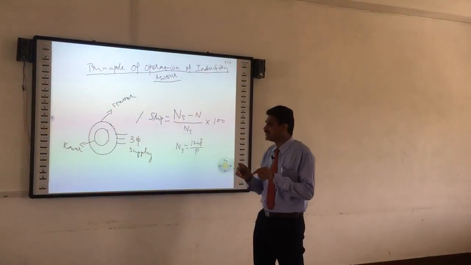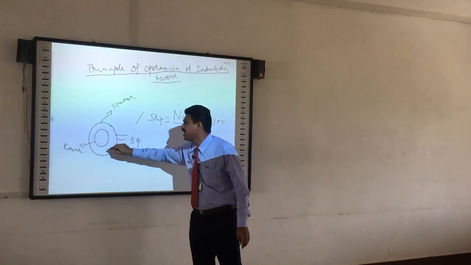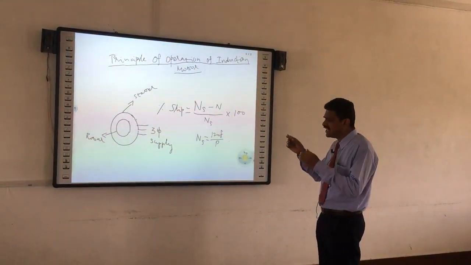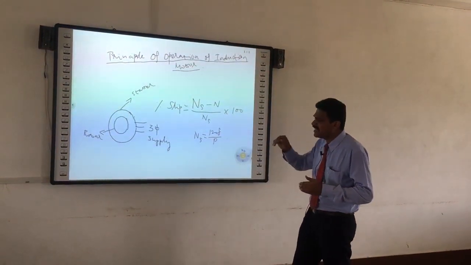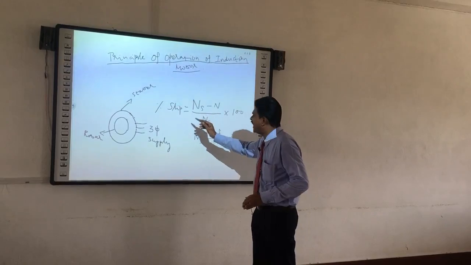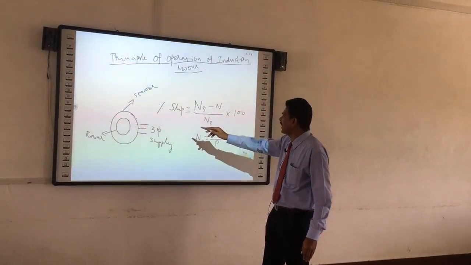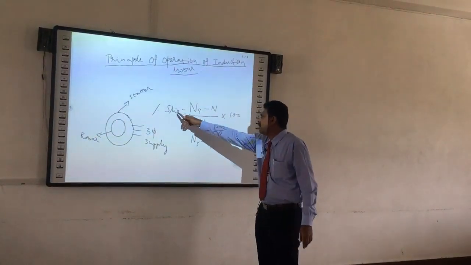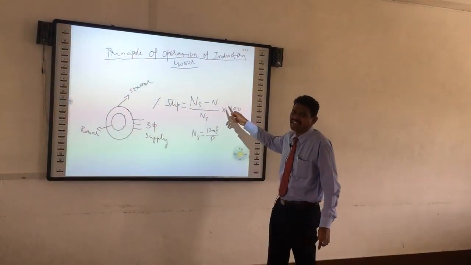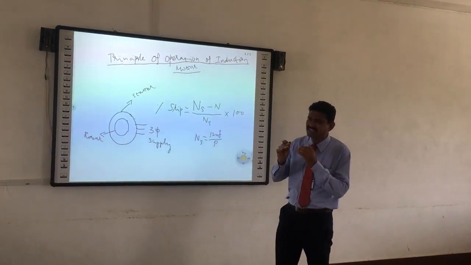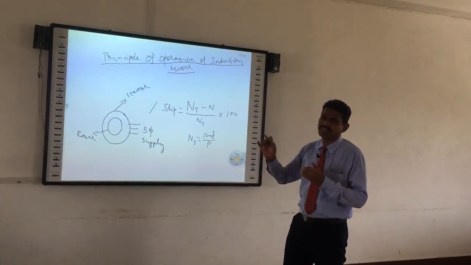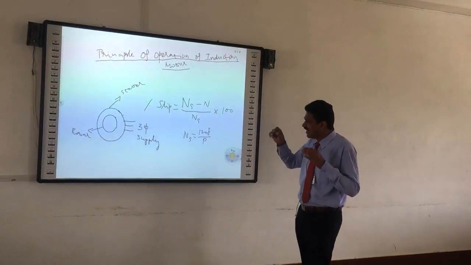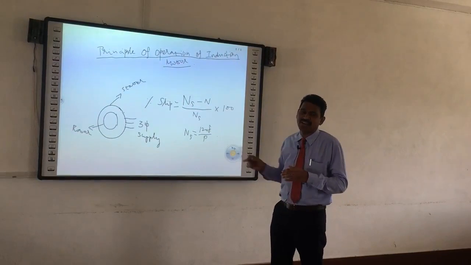So how does this current oppose? The rotor starts to rotate in the same direction as the rotating magnetic field. The rotor continuously rotates and tries to catch the rotating magnetic field, but it is not able to catch it. The speed difference between the synchronous speed, that is the rotating magnetic field, and the actual speed is known as slip. The slip is nothing but Ns minus N divided by Ns, into 100. This is the percentage slip. The rotor always rotates at less than the synchronous speed. If the rotor catches the synchronous speed, then the motor comes to rest. In this way the induction motor works.